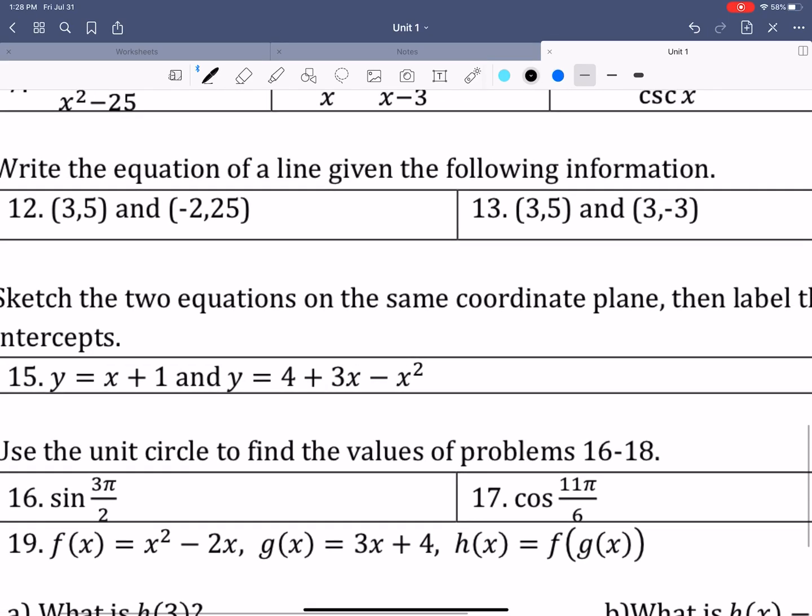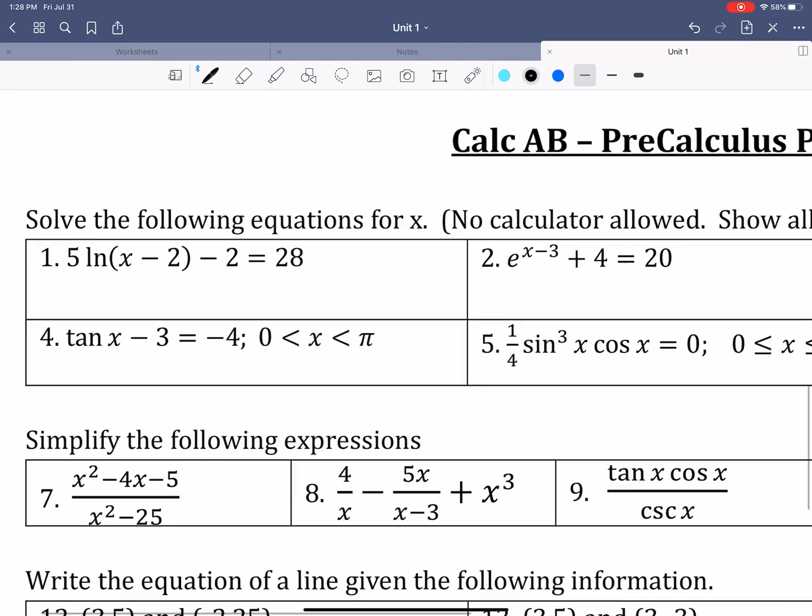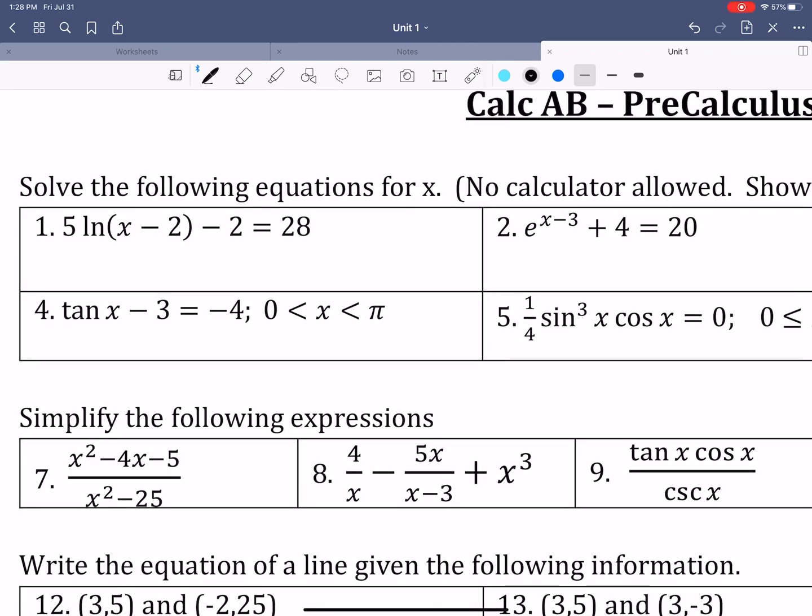Okay, let's start. Things we need to know to be successful this year. So this looks like it's going to be some solving stuff. And remember, solving means you are identifying all possible values of x that make a true statement. And usually to solve, we have to isolate the x value. So to isolate the x value, we're going to add 2 to each side,